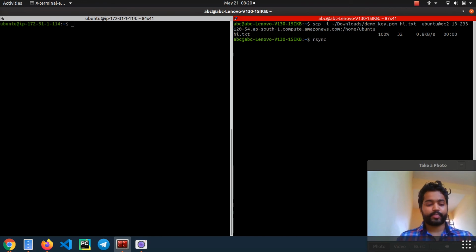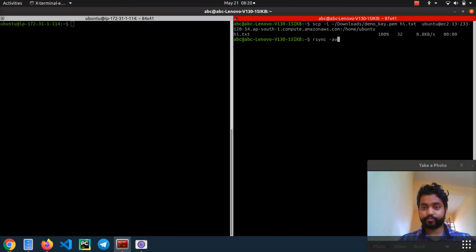It has a few options, guys. -a is for keeping the metadata, checking and storing the checksum and all that. And if I do -v, it actually shows the speed at which the files were transferred. So let's see.